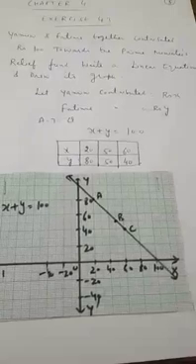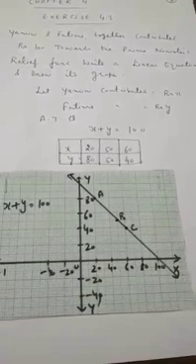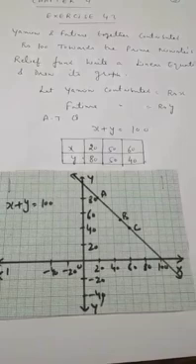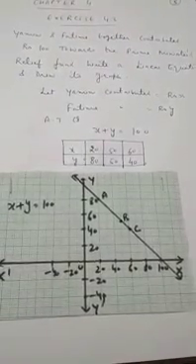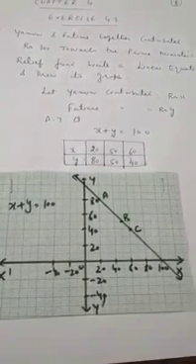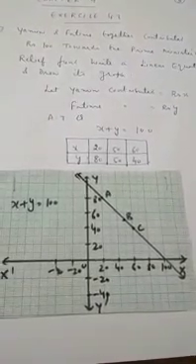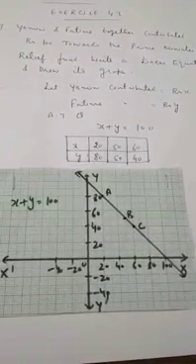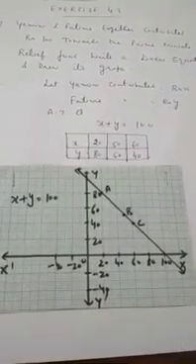So the equation is X plus Y is equal to 100, and from this equation I will find three solutions. Since the right hand side is 100, there is no need to put the values of X and Y as 1, 2, 3. On the left hand side we will put values like 10, 20, 30. Or you can also take X as 0 and Y as 0. So how to find the solution for the equation X plus Y is equal to 100?